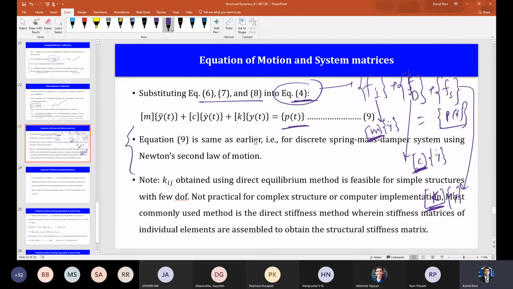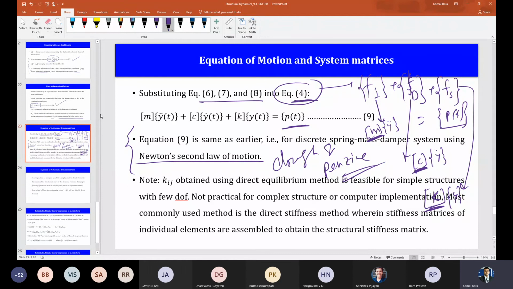So you see, these are the same expressions that you obtain using Newton's law also. I have just given another interpretation using the dynamic equilibrium approach. Okay, you can refer to Clough and Penzien for whatever derivation I have shown. You can see it in detail there. But you may not understand all the things since you are not used to this influence coefficient approach. So just try to understand whatever you can from this, by reading the books as well as whatever I have discussed. And it is not a very difficult thing.